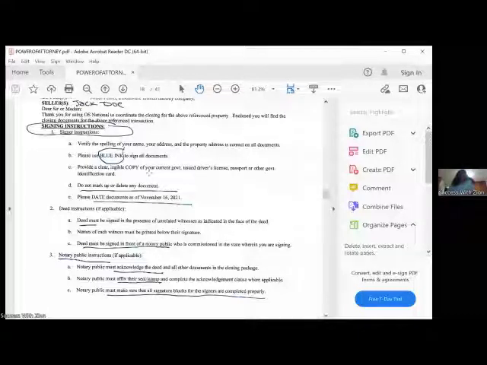Forgive me, I'm a little congested, but it says verify the spelling of your name, address, and property address is correct. So you want to make sure that all of the documents are showing the person's name correctly, their address, just like it's saying right there. Obviously, it's important, or they wouldn't have gone through the trouble of putting it there. Clearly, sometimes those mistakes are made, and you have to learn how to be very analytical and pay close attention to detail and know how to look out for these things, to know how to scope it,